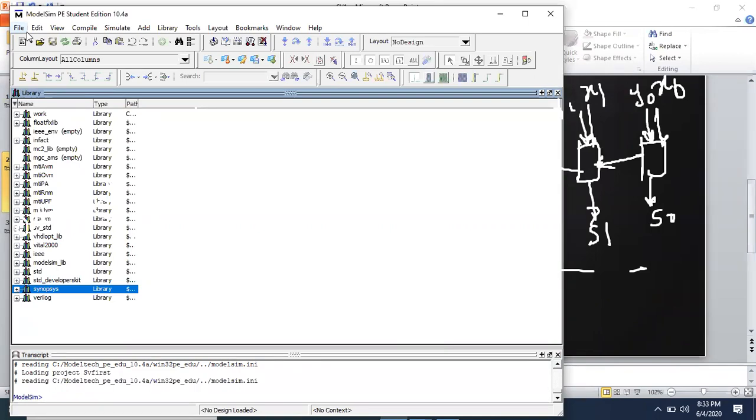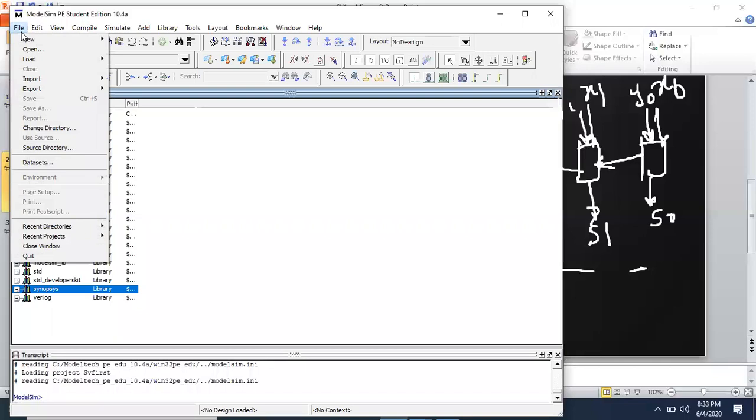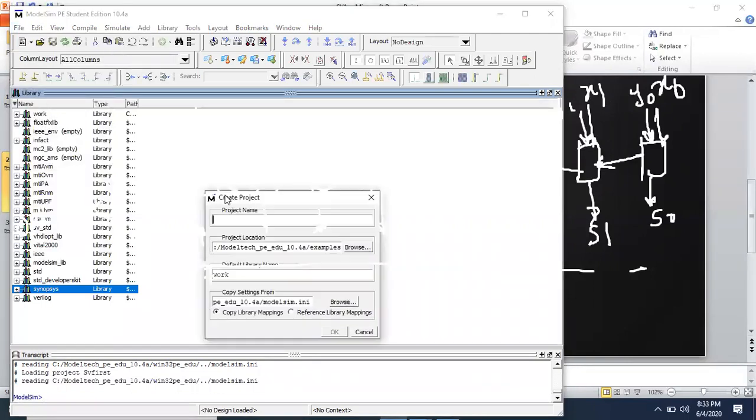For that you have to open the ModelSim software tool. Just click on file, then new, then we'll use one project. So we'll start a new project here. Click on new, then project, give any name to the project. I will give the name as SVPROG. Click on OK.